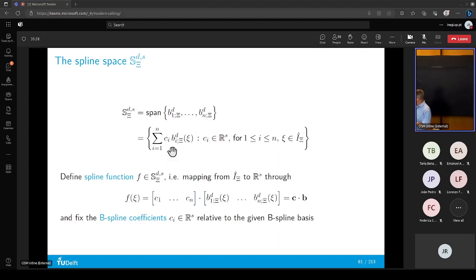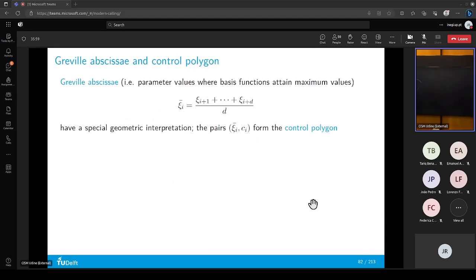Okay, now we have the space. In the space, we pick the individual functions by just multiplying out the sum. It's a dot product between all the coefficients and all the basis functions. And here I try to get rid of all this nasty decoration, just boldface C dot multiplied boldface B. Any questions so far? Okay, then